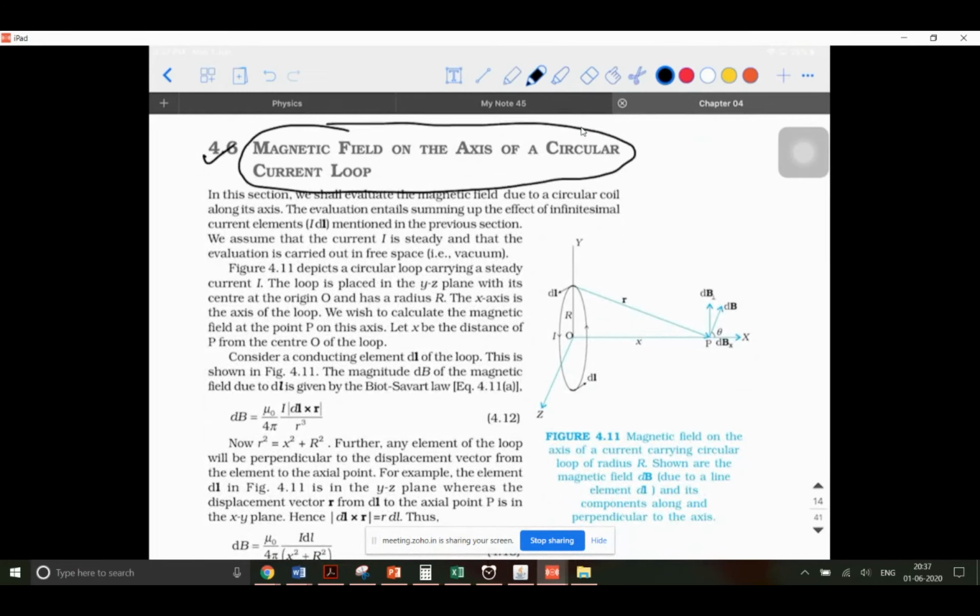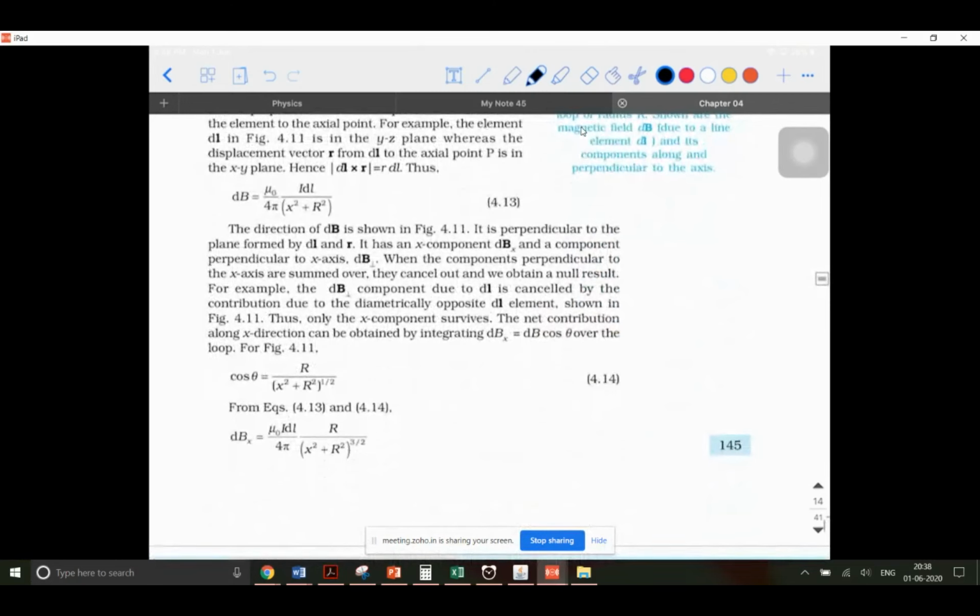Next class, I will derive one more concept which is actually not there in the textbook: calculating the magnetic field due to a straight current carrying conductor. If I start this topic now, it will take at least half an hour to explain, so it's better I start it fresh in the next class. So next class, we are going to see the magnetic field due to a straight current carrying conductor and the magnetic field on the axis of a circular current carrying loop. These two are very important, and we will solve a few problems based on them.